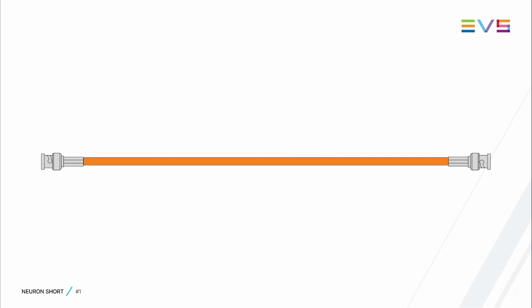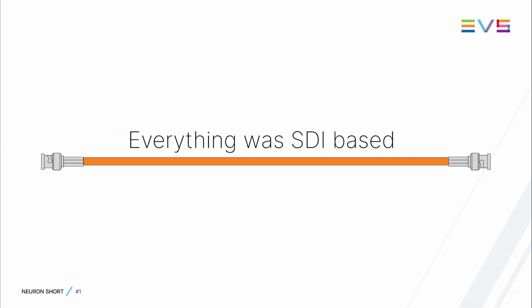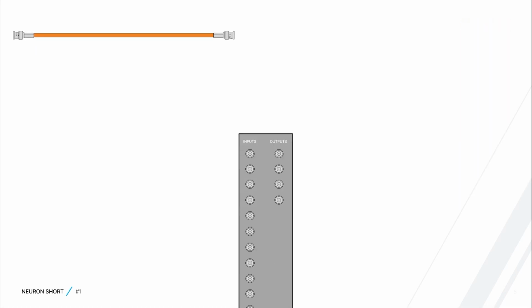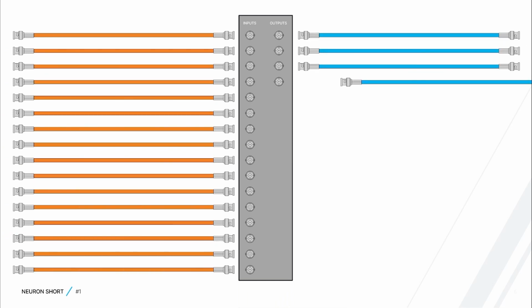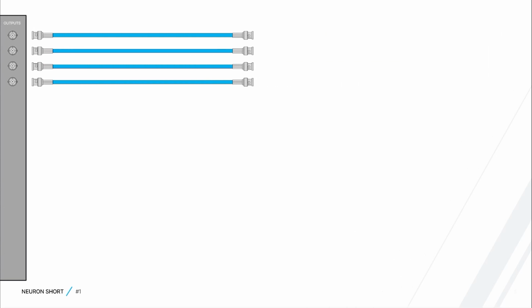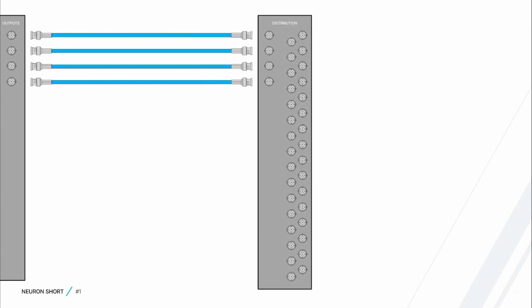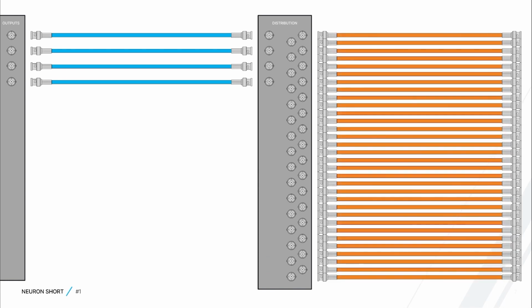Not so long ago, before the IP revolution, everything in a studio or OB facility was SDI based, using coaxial, or in some cases fiber, cables to connect all inputs and outputs of all your video and audio devices. These cables can traditionally only carry one signal into one direction. So if you have a device which requires 16 channels in and 4 channels out, you have to physically connect 20 cables. If the outputs of this device have to go to 8 different other devices, you have to connect the outputs to a DA or to a router and multiply each signal to 8 physical wires, so 32 additional